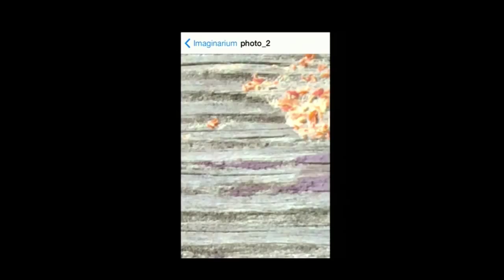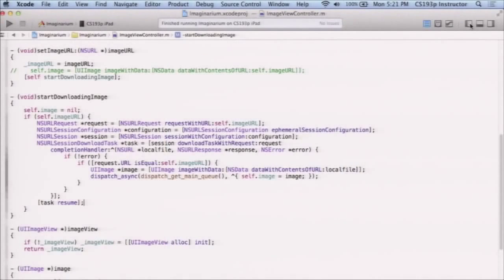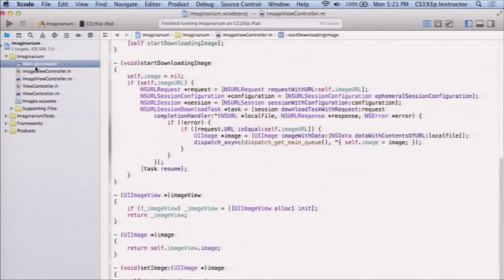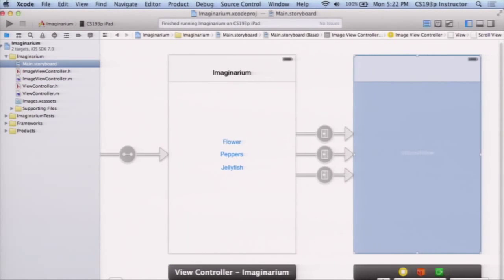So let's put some feedback in here that shows something moving, you know, a little spinning wheel that shows the user, hey, I'm doing something for you in the background, not to worry. And there is a UI view that's built into iOS that's really easy to use for doing exactly that. So let's go back to our storyboard here. So we have our storyboard. And what I'm going to do is into this view right here, I'm going to drag a